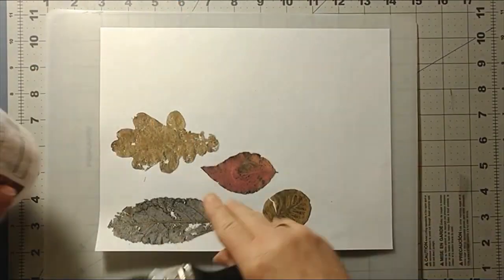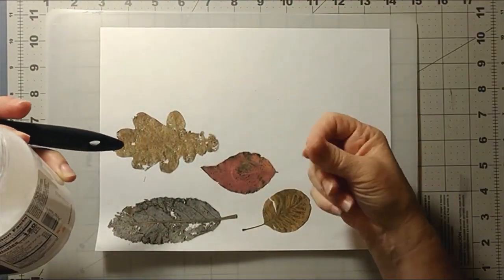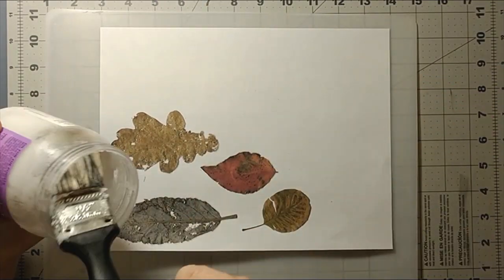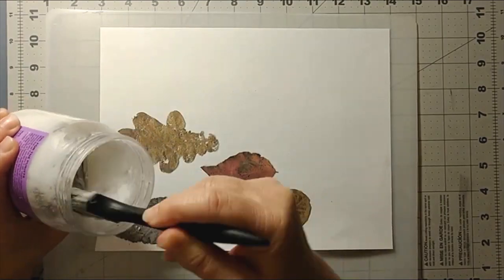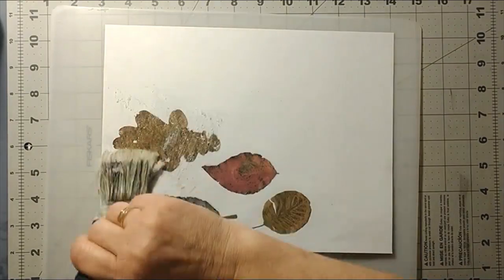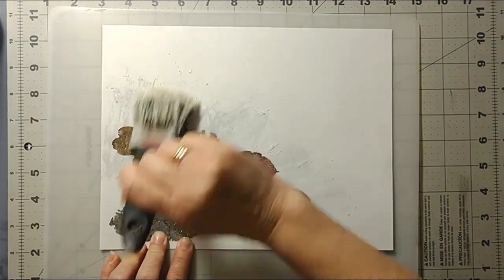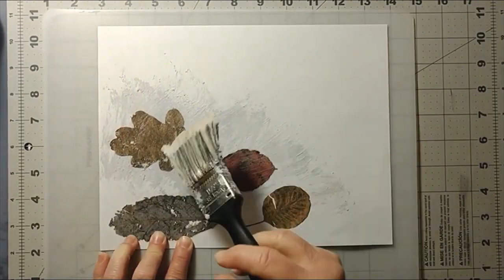Okay, all right. I was doing this with my fingers, but it's a bit messy, and when I'm doing it on my own, I can take a pause and go wash my hands and come back. But since we're doing this just on a quick little video, I'm going to use a painter's brush, just a nasty old little painter's brush. And it actually works pretty well, so I'm probably going to use this again. Just keep going. And you can really saturate this paper